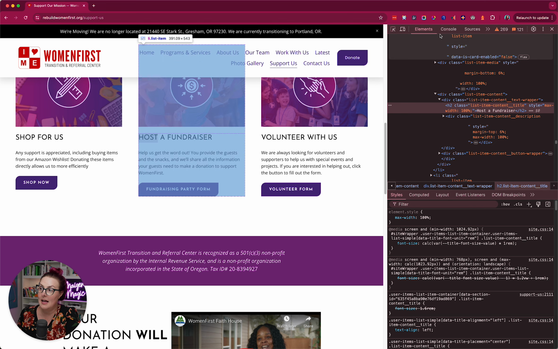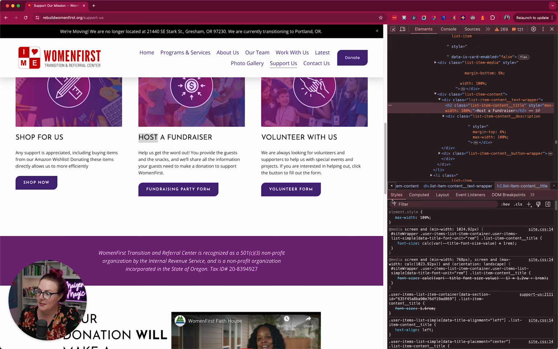So this has elements, which is the HTML elements that are on the page, or the document object model, the document that the HTML is built of. And then we have styles, which are the CSS and Sass styles that are rendering what you see on the page. So up here in this top menu, and hopefully you can follow my mouse,